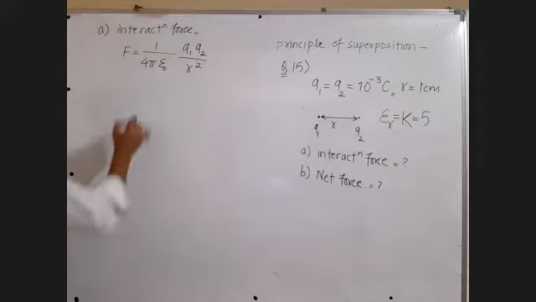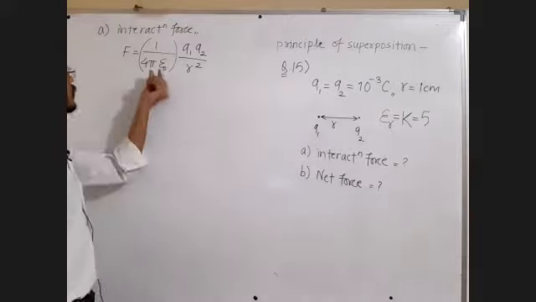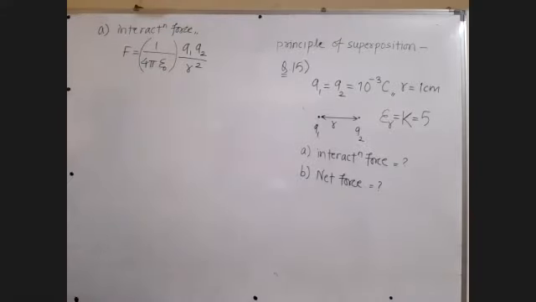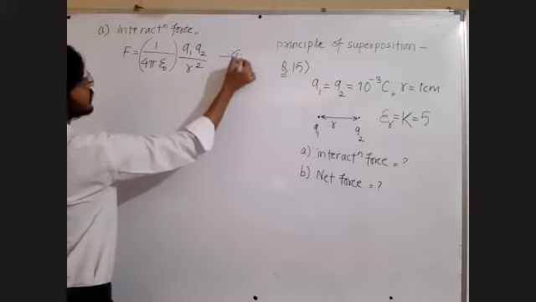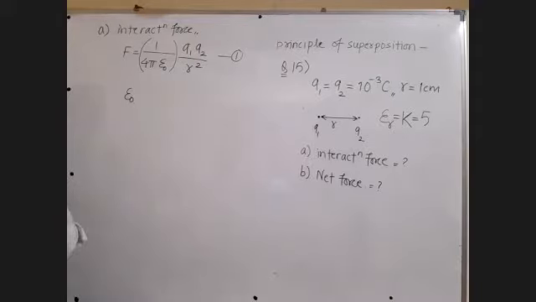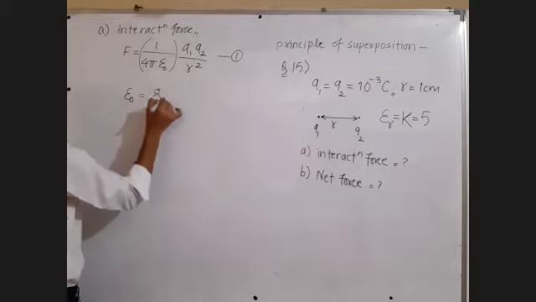Fine. But sir, this is some constant value. Every time we cannot be calculating this value. That will spend a lot of time. Yes, sir. But if this is a constant, we shall write its value and remember its value right now. Okay. So let us do that. Write down along with me. Call this equation 1. Epsilon 0 ची value लिहितो मी. Let me write the value of epsilon 0. It is 8.85.